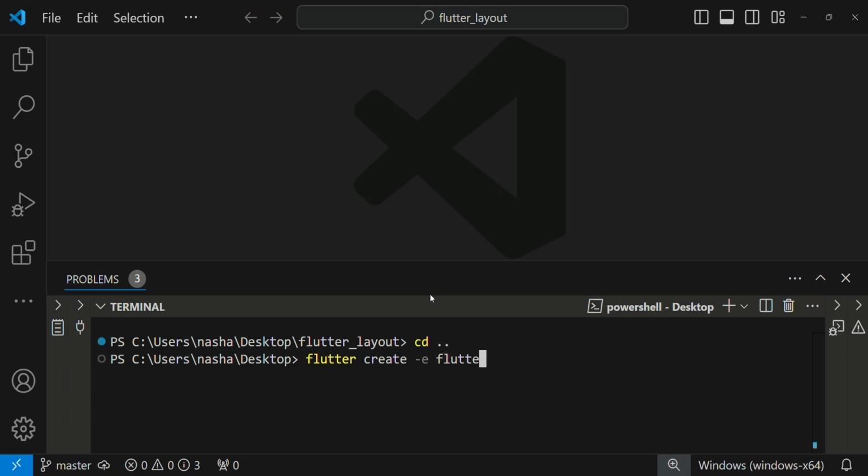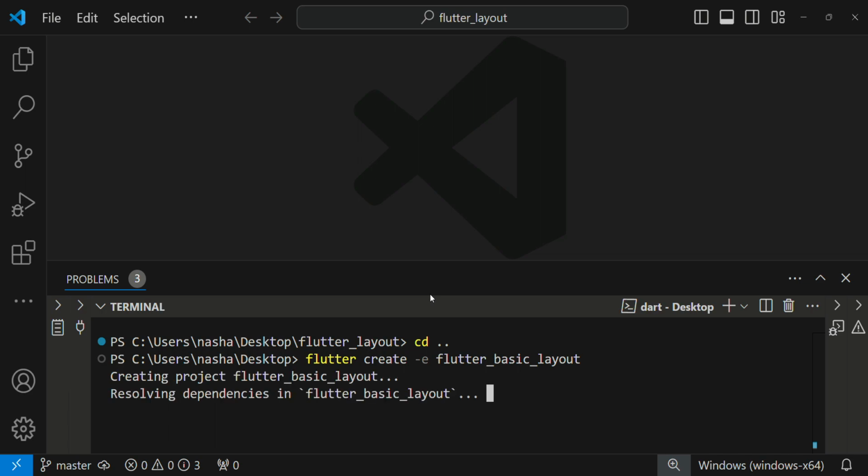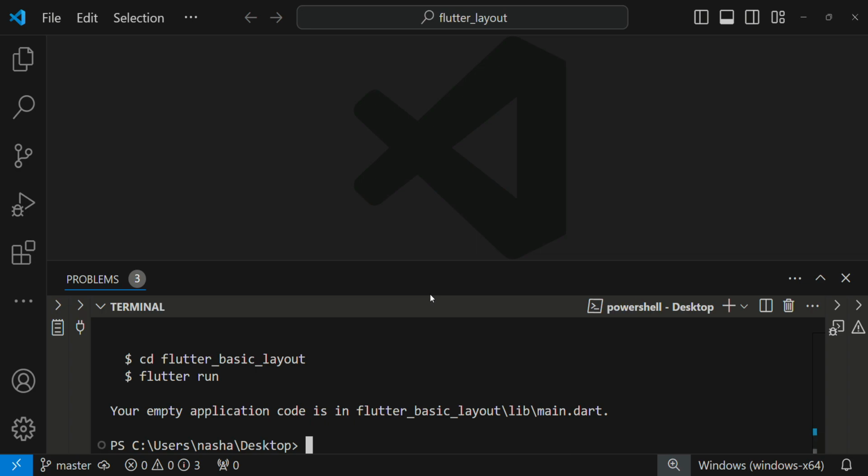So we're going to go flutter_basic_layout. You have to be careful here, because when you create the project name, it has to be all lowercase, and there can be no spaces. So I typically just use underscores. Once that's done, just hit enter, and you can see Flutter is working to create the project folder,